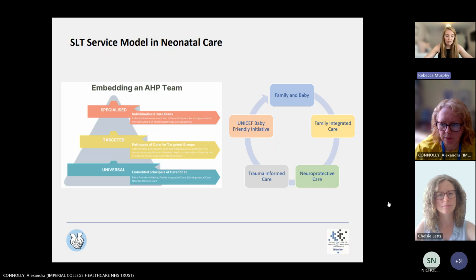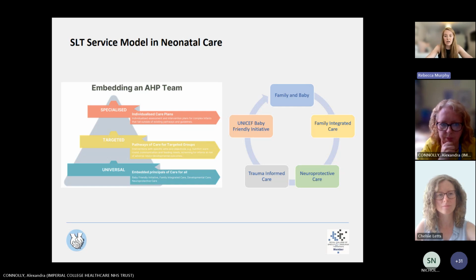And again, this could be through cotside teaching, or it might be through things like newsletters and developing resources. And obviously all of this is then underpinned by our best practice models, which you can see on the right side there, such as the Baby Friendly Initiative, the developmental care model, and the FI care model. And then in the next layer up, the targeted layer, you have the screening